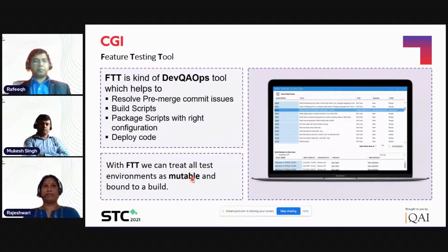So with this, we are doing continuous testing at scale, and we can scale to whichever environment we want. Currently our application is deployed in both a client-server version as well as a web version. So we have the power to select the platform we want, the power to select the browser we want, and the power to select the environment we want. So this is what our feature testing tool is all about.